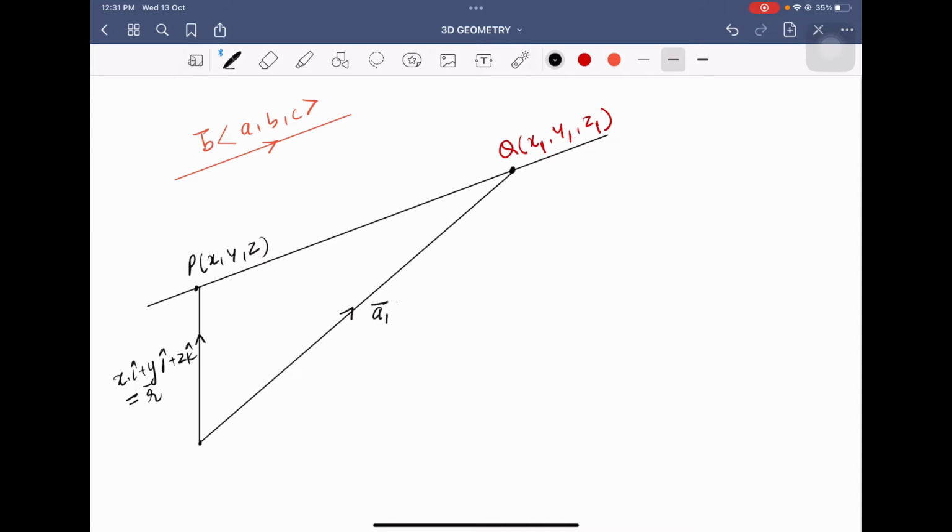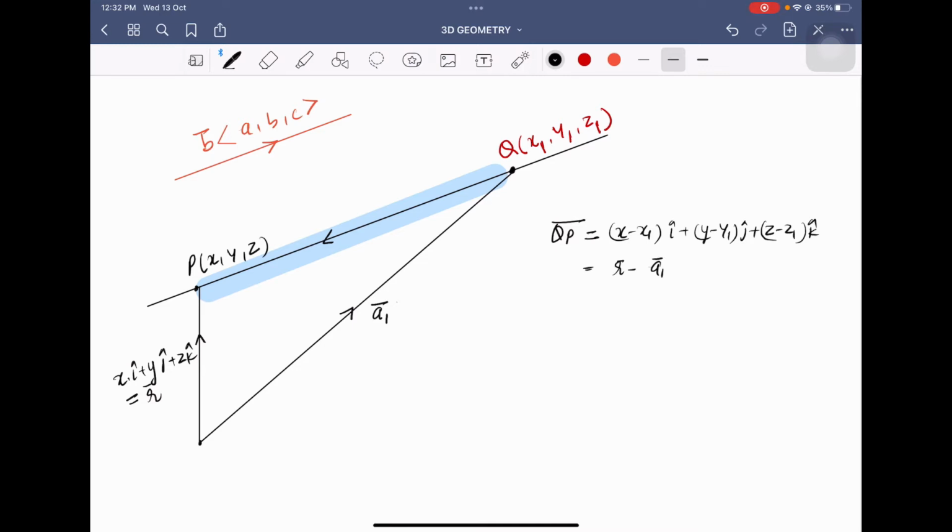So we can say that for the point P, we will be able to form a vector PQ, correct? Let's say PQ or QP, whichever is okay. Because I want to take X as positive instead of X1, we'll take simply vector QP. So vector QP equals (X minus X1) i cap plus (Y minus Y1) j cap plus (Z minus Z1) k cap. In terms of general notation, this is R vector minus A1 vector.